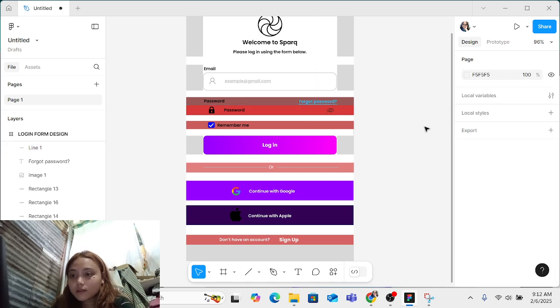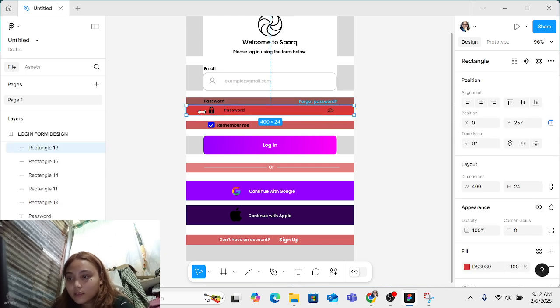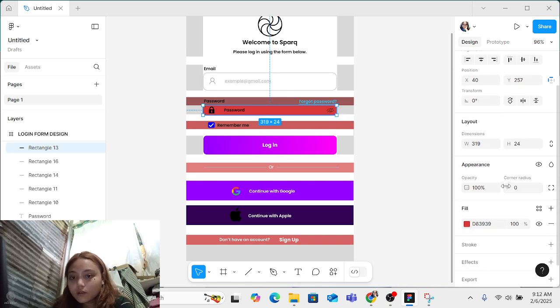Okay. Same as color. Then let's start to resize this one. Okay. Then the corner. I think that's enough.